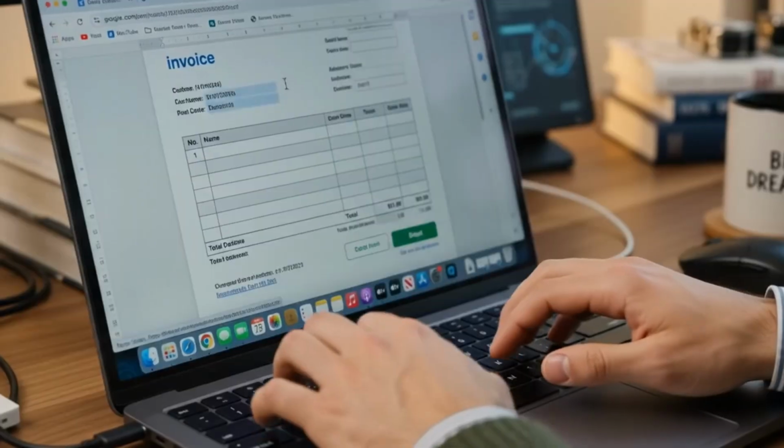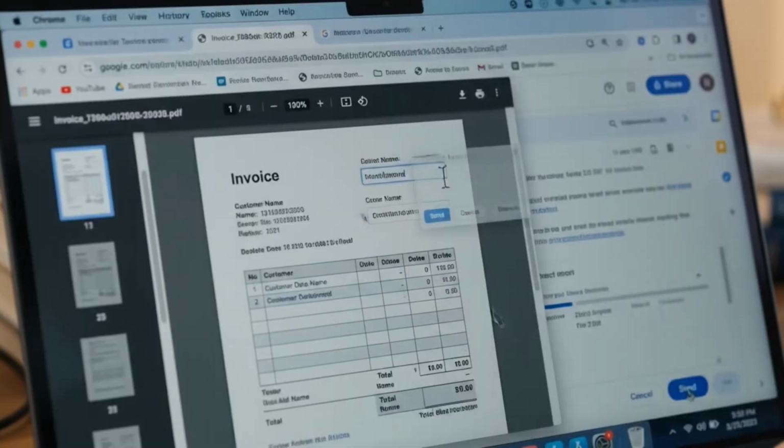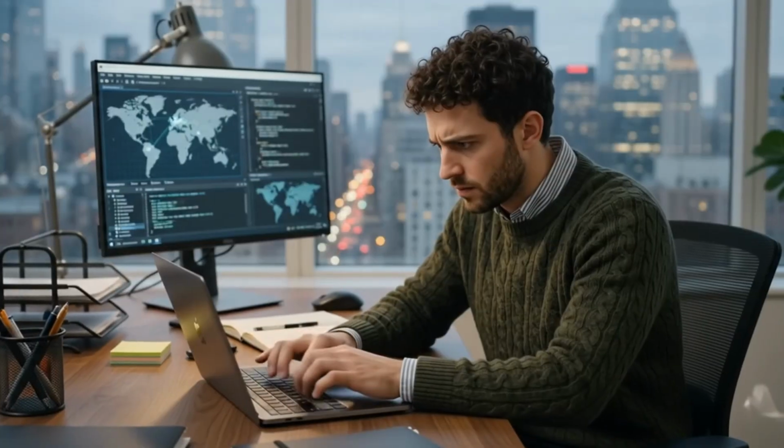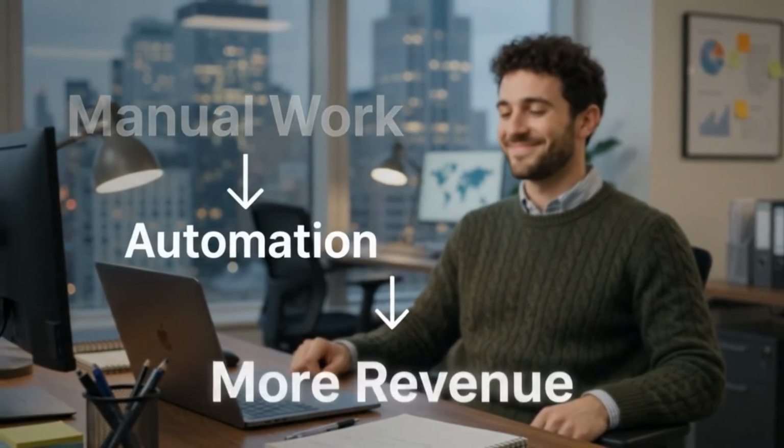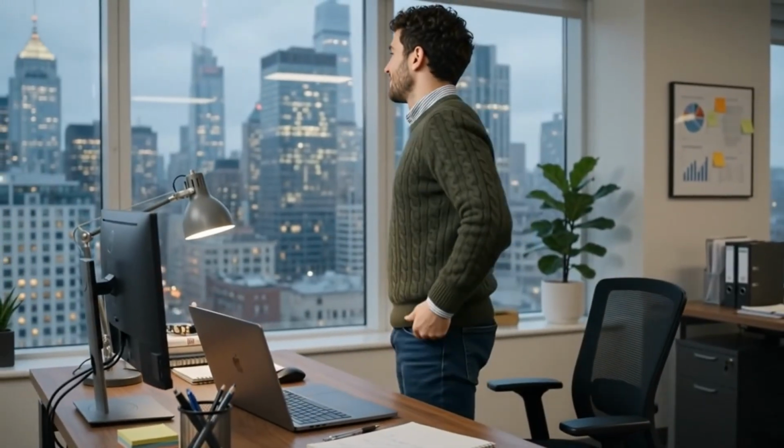If you're running an agency, a SaaS startup, or any B2B business, you probably waste hours every week doing the same repetitive tasks. Create invoice, download PDF, send email, update spreadsheet, check payment, repeat. Now imagine eliminating all of that. Today we're building an automation. It works like this: no coding, no developer, no expensive software,